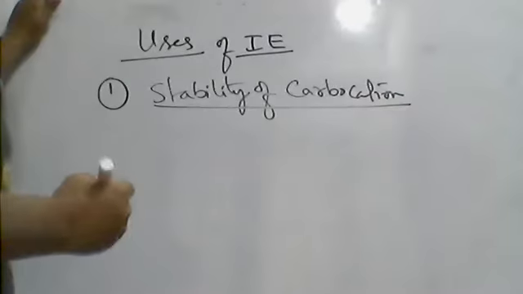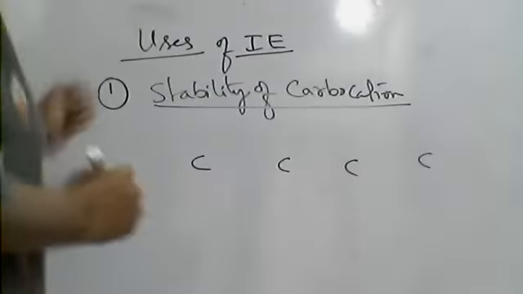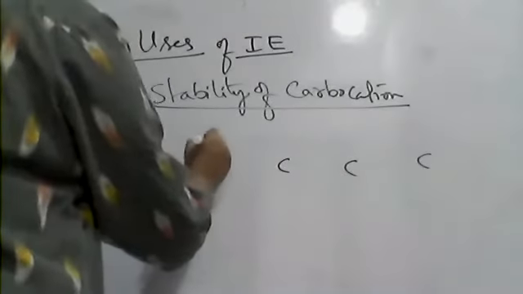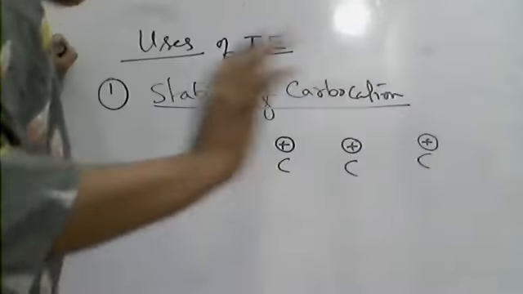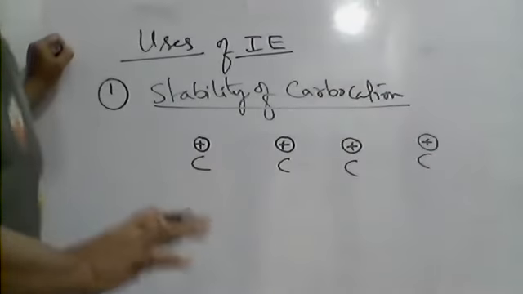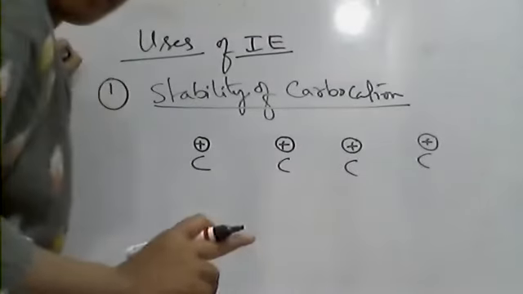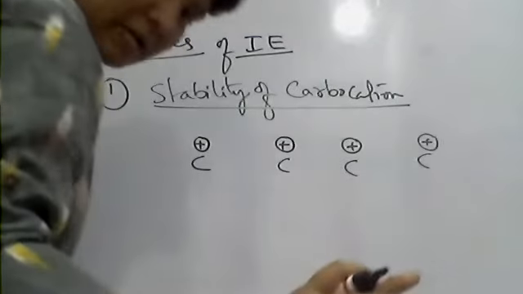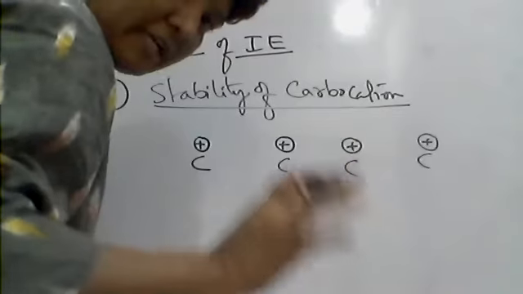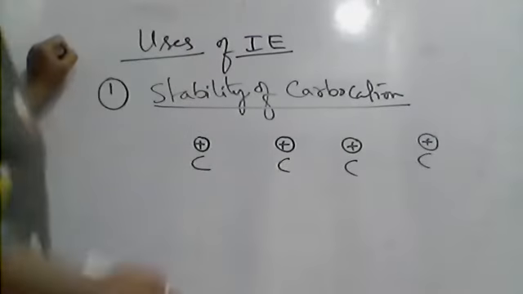Carbon is positive. Now here I'm writing 4 carbons. Each carbon has a positive charge. See beta, whenever you have a carbon with positive charge, it is a carbon cation, called a carbocation. And it is an electrophile because it has only 6 electrons. After heterolytic bond cleavage, it lost its electron.